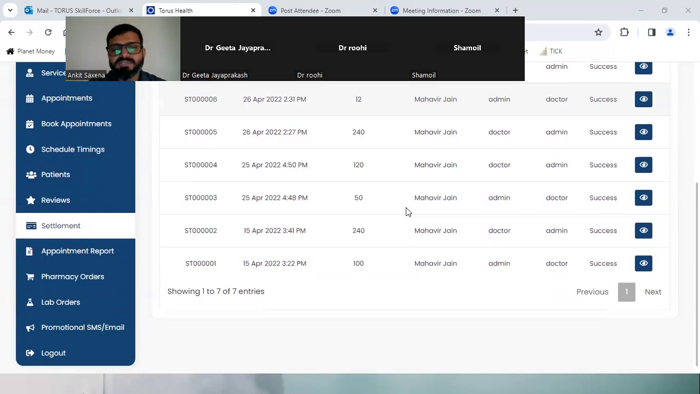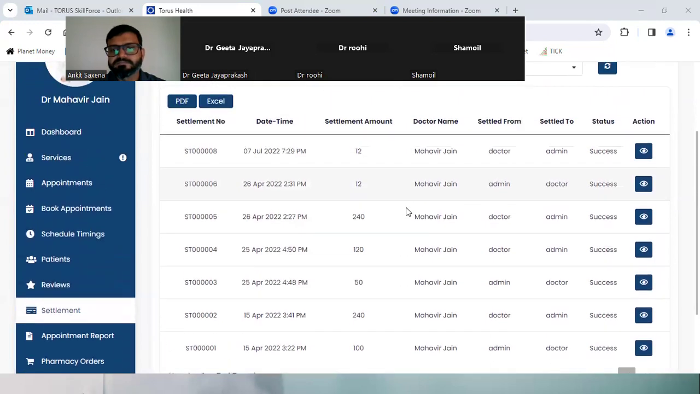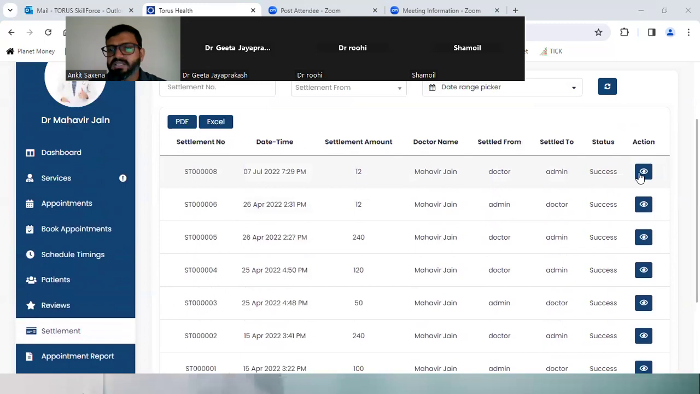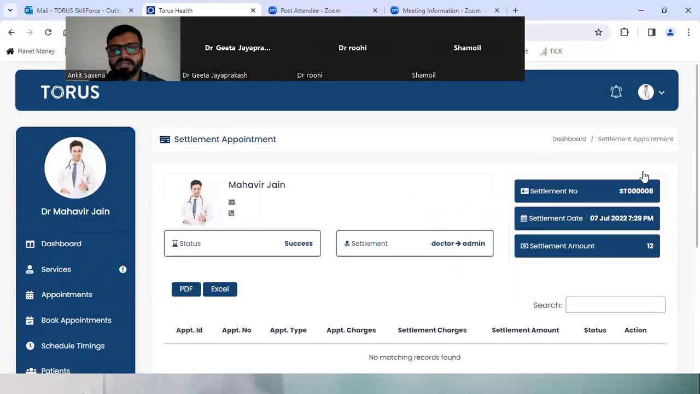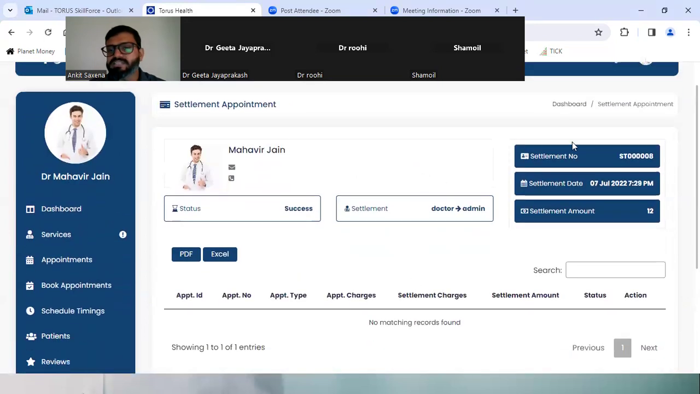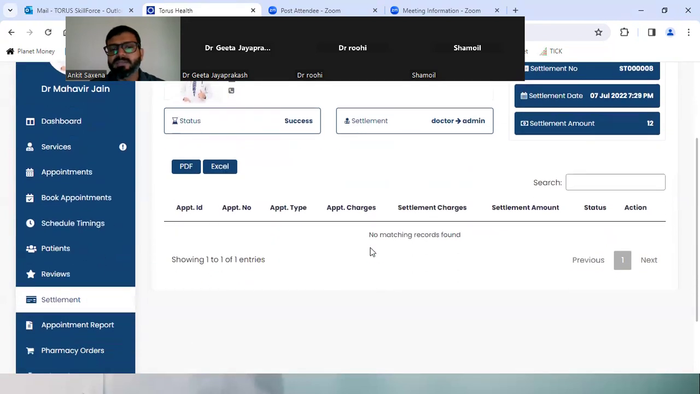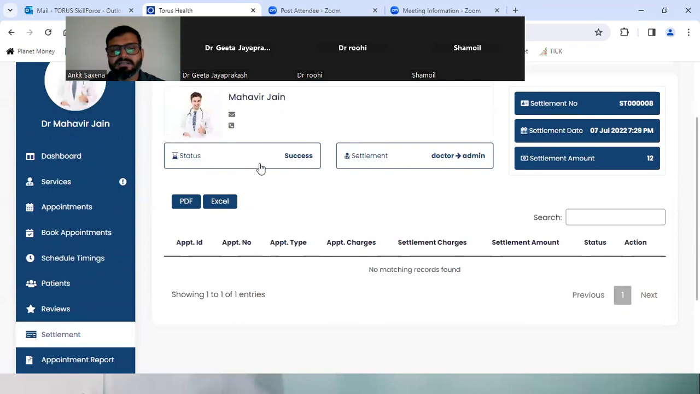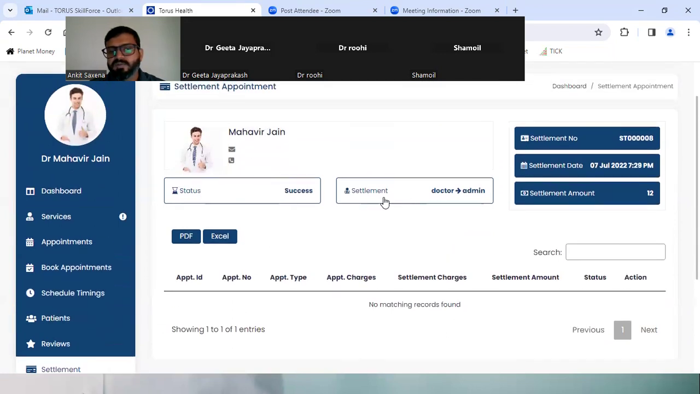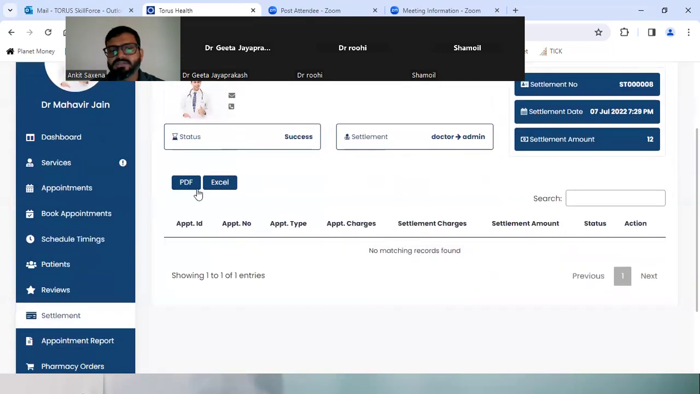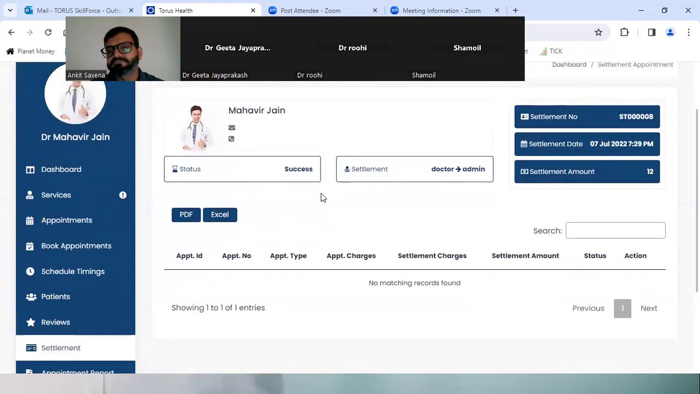Right. Any questions here? So you can click on view here on the action. Settlement number, settlement date, amount, everything will be mentioned here. Settlement status, everything will be mentioned here. And you can just export it to PDF as well as Excel. If you click on settlement,